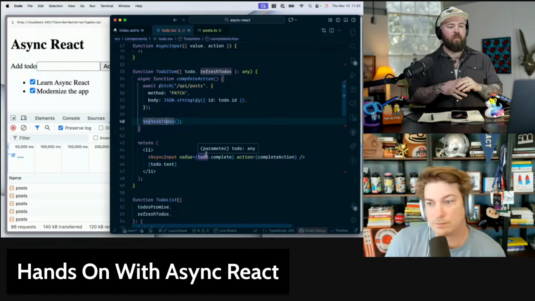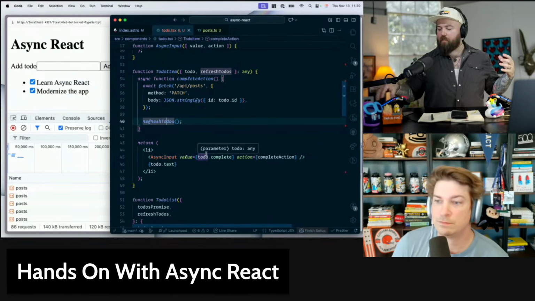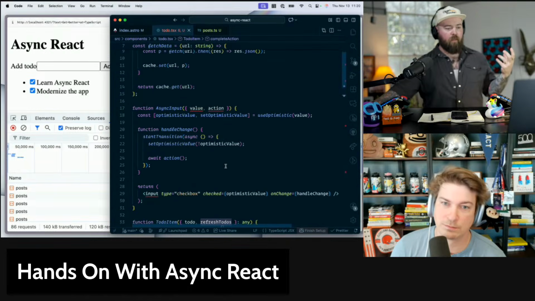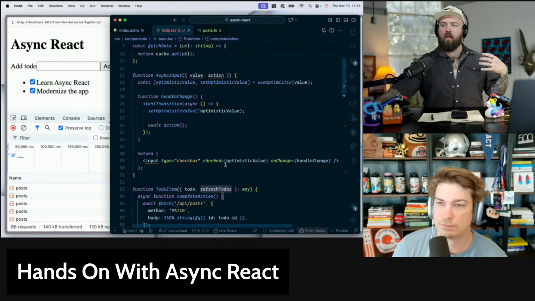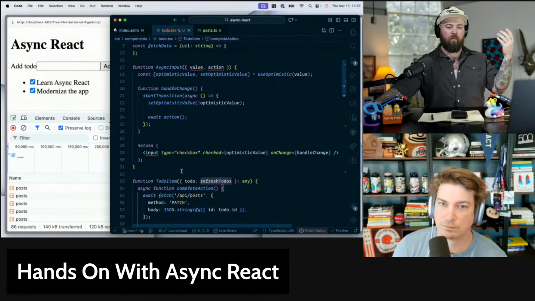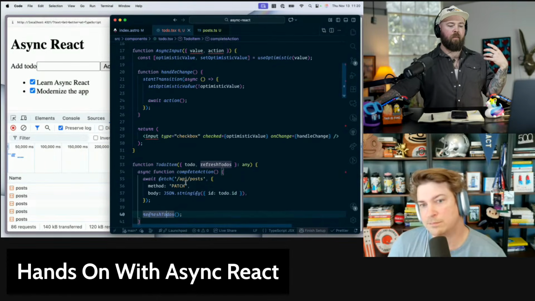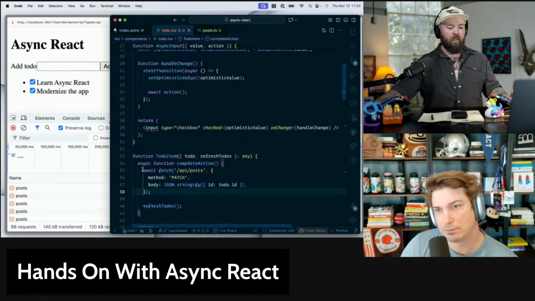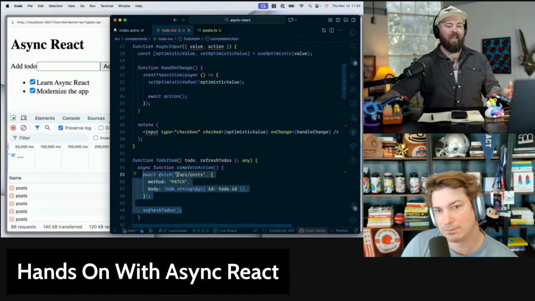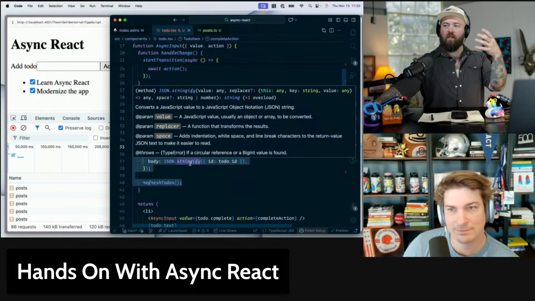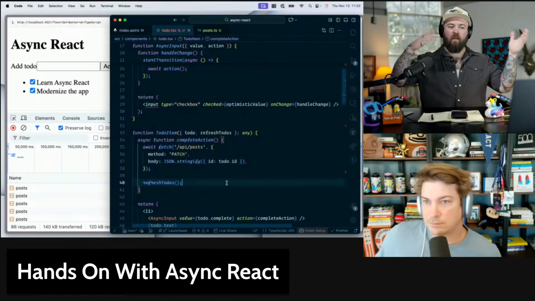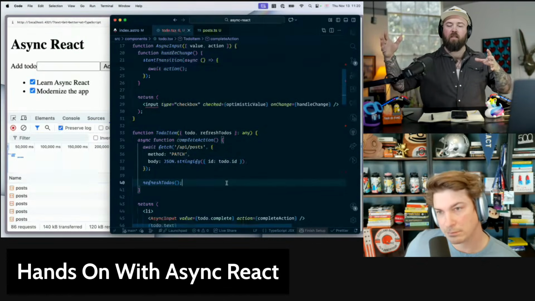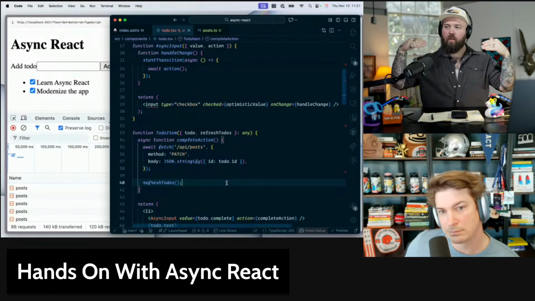Like I said before, it cleans up my mental model and it makes me feel better about doing these types of things inside of React, where before I sort of felt like I was working against the grain. This makes me feel like I'm doing the things that my brain wants to do. I'm making calls to load data inline. When I want to change something, I change something. I'm not figuring out how to trigger the dirty checks or how to reset my effect or any of these sorts of things. I'm off the loop de loops of the effect style hooks and into something that feels linear, the way that I would think about these processes.